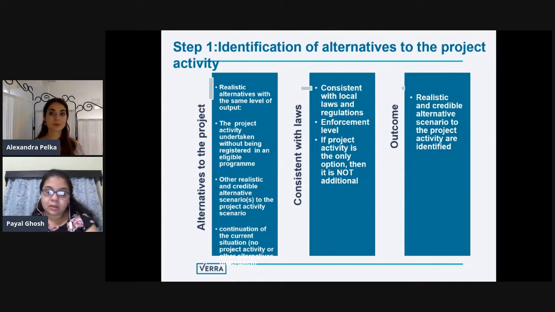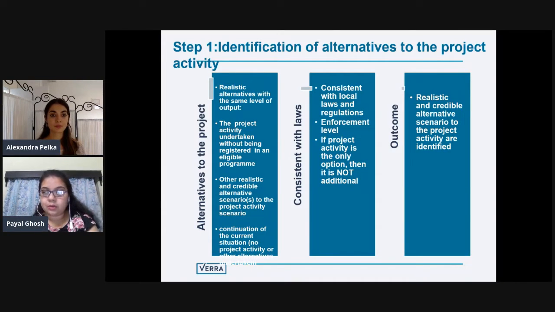In order to identify realistic and credible alternatives, you would have to see if these alternatives are also providing the same output or services that are comparable with the project. Also, the project activity in itself, without being registered in any other program, if it is feasible. And the third is the continuation of the current situation, that is, no project activity or any other alternatives. Each of these alternatives has to be corroborated with the fact that they are consistent with the